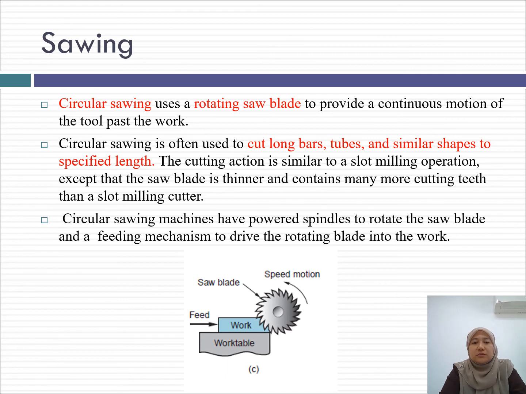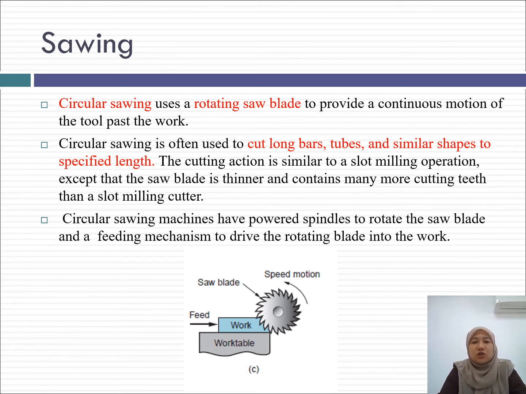Circular sawing uses a rotating saw blade. So it is not a single blade or a loop blade, but a rotating saw blade to provide a continuous motion of the tool past the work. As the tool passes the workpiece, it performs the cutting operation.